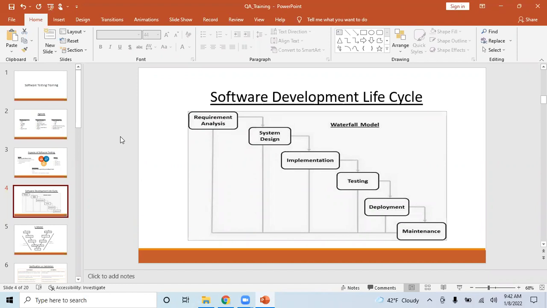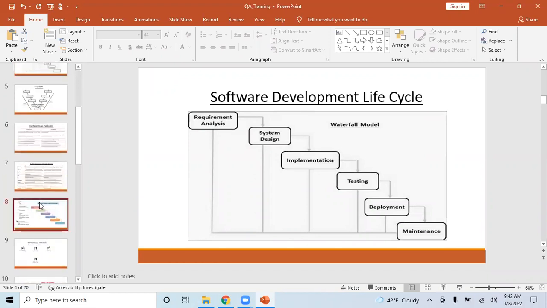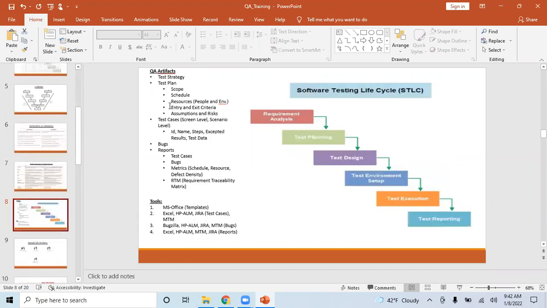So Kiran, this could be a dumb question. What is a test case? Yeah, nothing is dumb in this session. That's a good question. We will talk about all the artifacts. We have a separate session on the QA artifacts: what a test case is, what a test strategy is, what a test plan is, and how you report bugs.